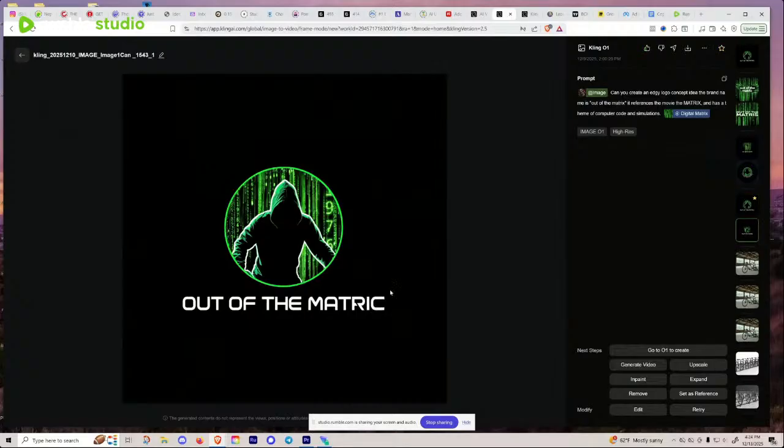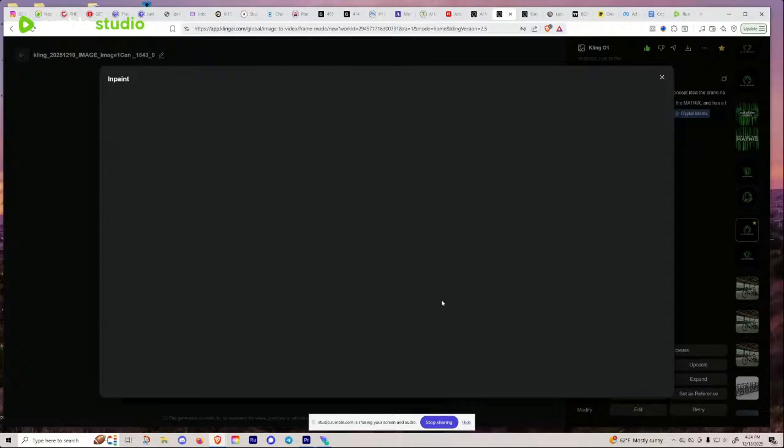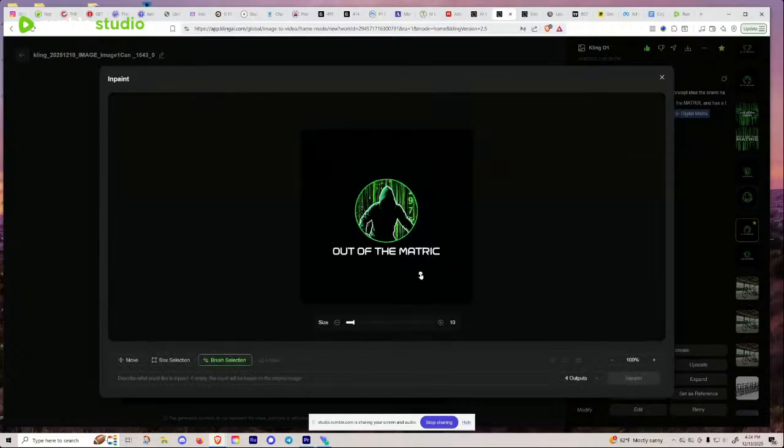How did I fix that? Well, there's a couple different ways to fix it. I tried to fix it without leaving the software, which is really time saving and really useful. So one way to do that is to go around here to inpaint. I don't want to zoom in too much, but if you just hit inpaint, this is basically like using certain features of Photoshop within the application.